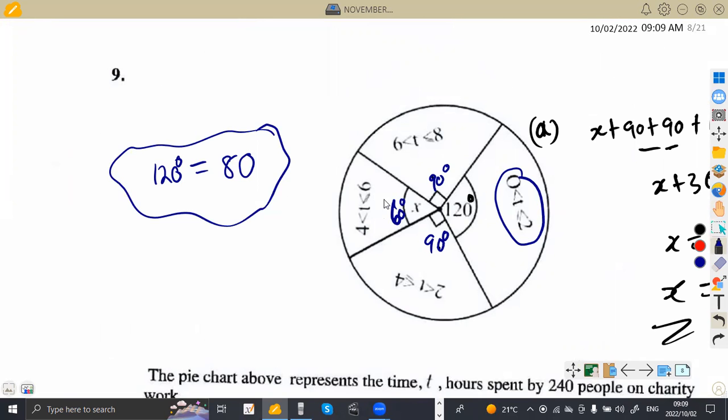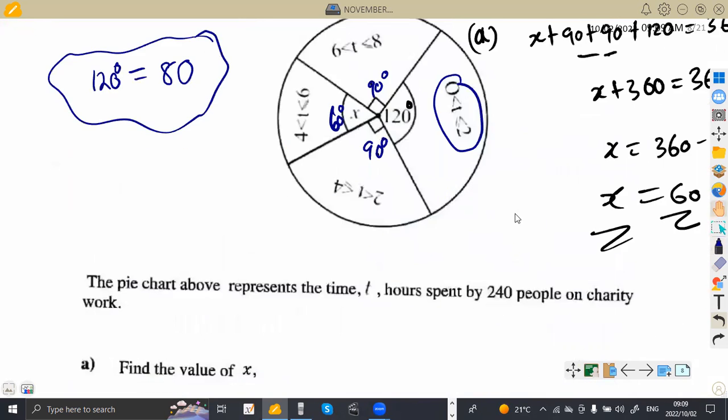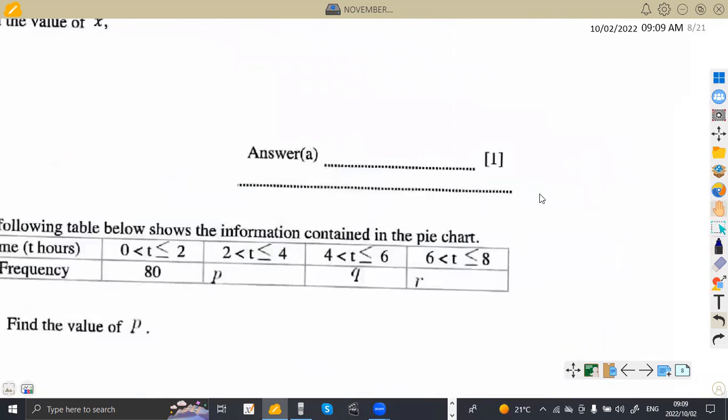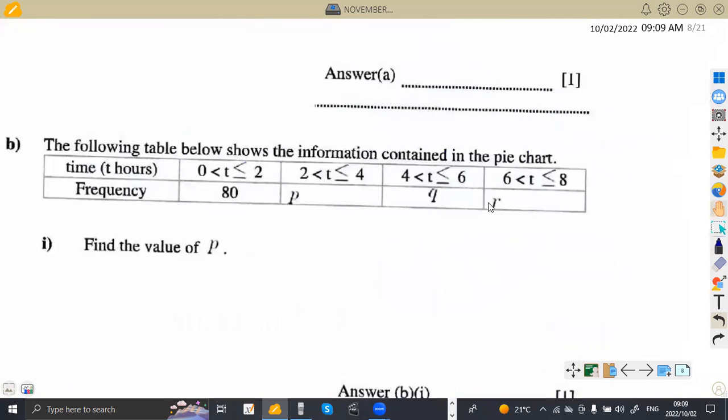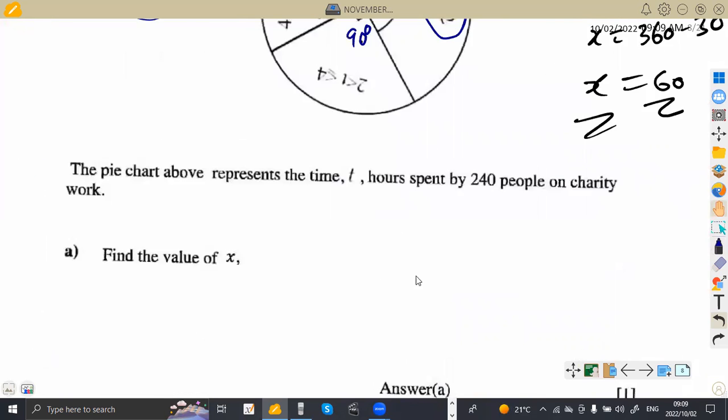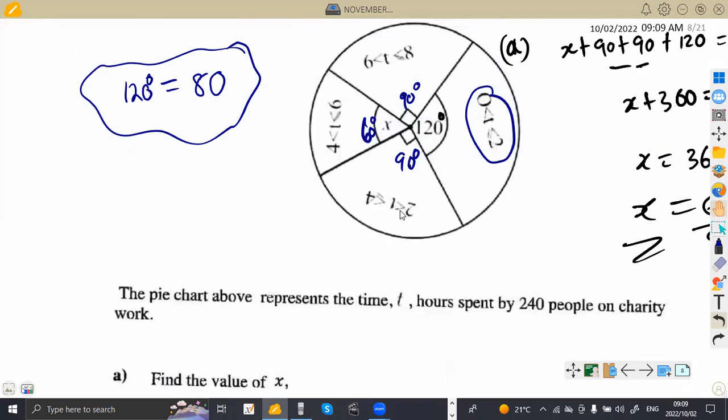You're going to use that proportion to answer the other questions where you're asked to find the value of P, Q, R. We are simply saying, okay, for P, we are talking about from 2 to 4. From 2 to 4 here, we had an angle of what? 90 degrees. So we're now asking ourselves, what is the equivalent of 90 degrees? We do not know. So it's going to be less. So as you can see, 90 over